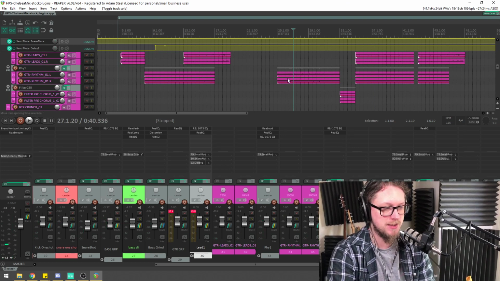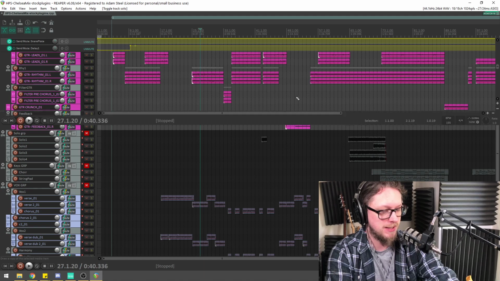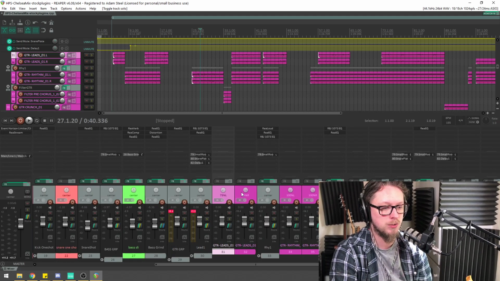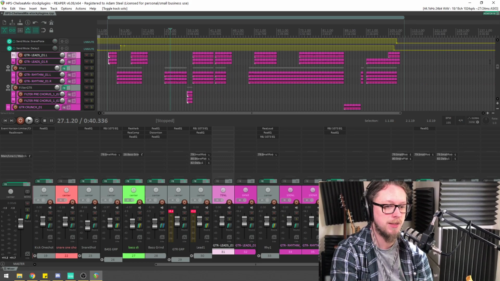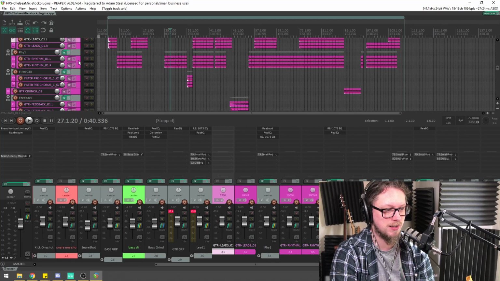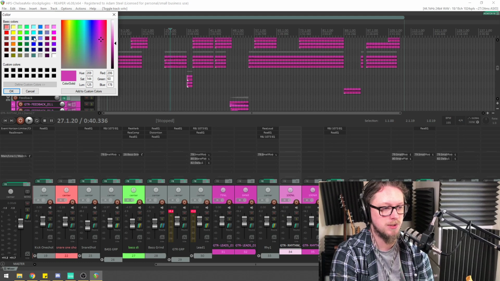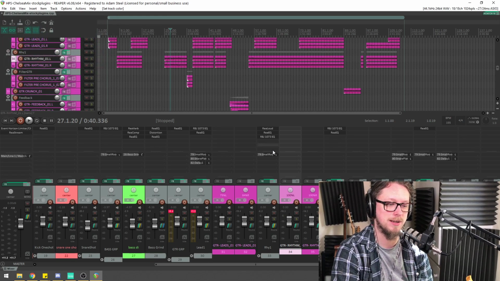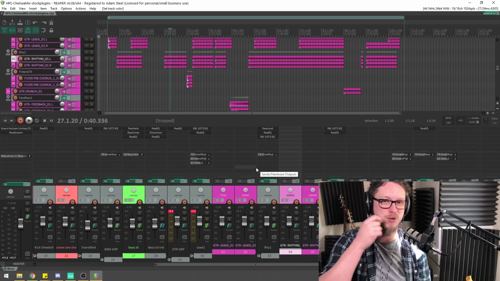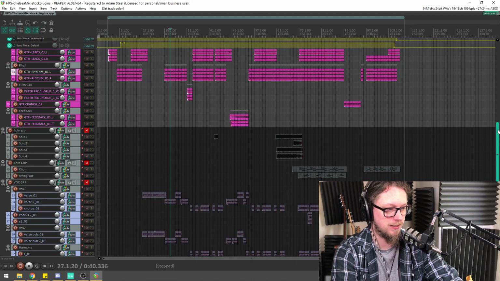What Reaper skin? That's the default Reaper 6 skin. There's nothing custom about this. I've colorized some channels so that I can see what's what, but that's not a skin thing. That's just organization. You can right click on any channel, go to track color, and set a track, including all its audio, to any custom color you like. I tend to use random colors because it's quicker, but yeah, if I just hide the mixer for a minute,